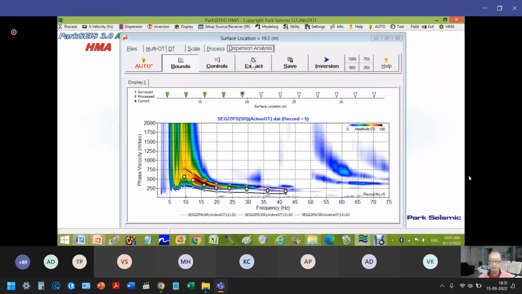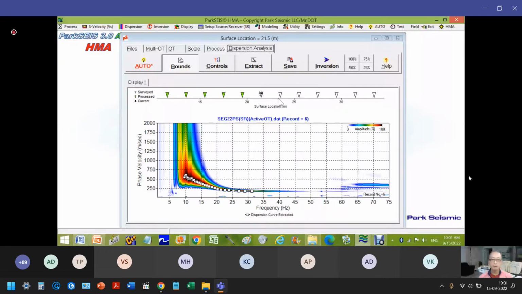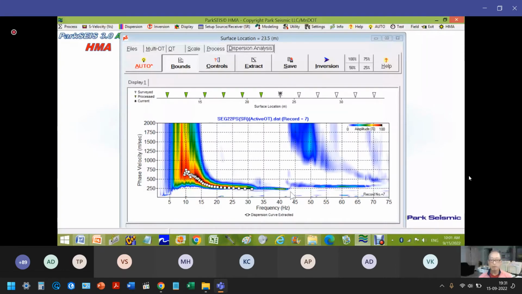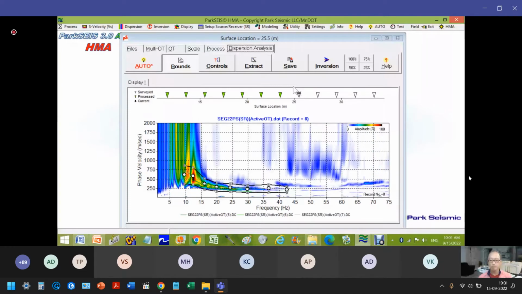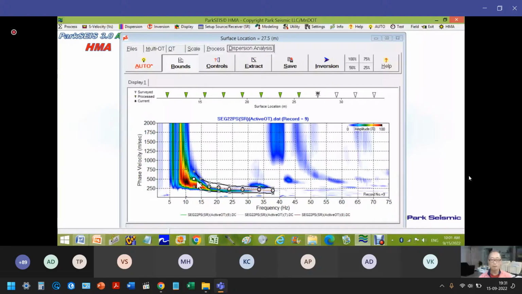So I now may delete this, or I can include them like this. It will not make much difference, but whenever I see there is a break in energy, I would rather not include. Okay, save, extract, save, extract. So I may include a few more points here by clicking, save, extract. So I'm going to delete this also, save, and I add a few more points here. Delete this, save, extract,